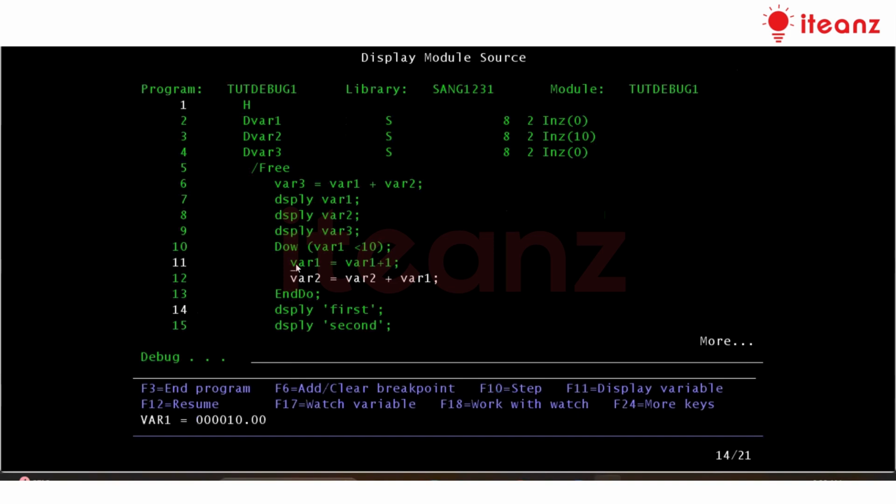Oh, already it has done 10 actually. I think we already took F10 multiple times, so it is ending the loop. Yeah. Got it. So now if I take F12 again,